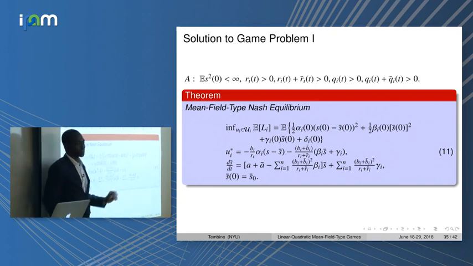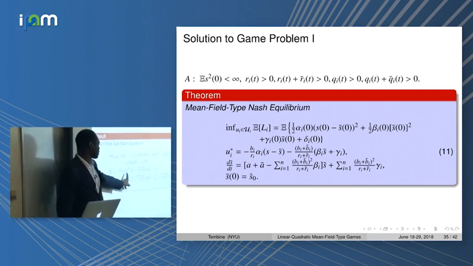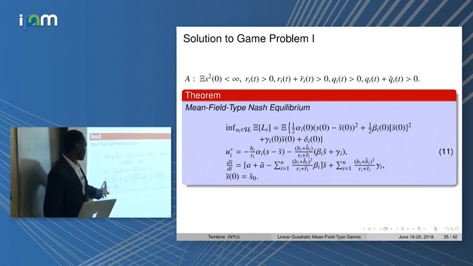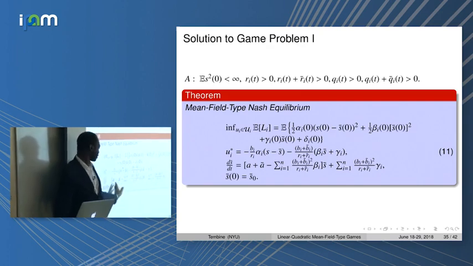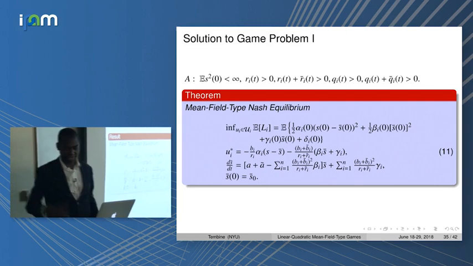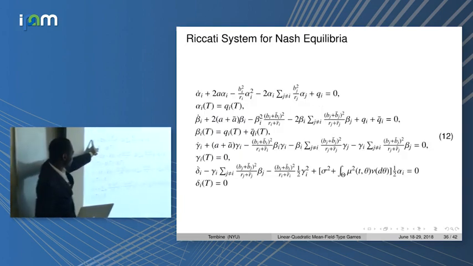And then you identify the coefficients alpha, beta, gamma, and delta. So the optimal control depends on your state and the mean value of your state. The average state is just linear, so there is an exponential decay for it. You have seen it in the plot. There is exponential decay. You want to drive the state to 0. The coefficients solve these equations.